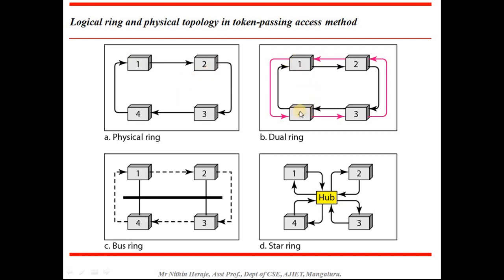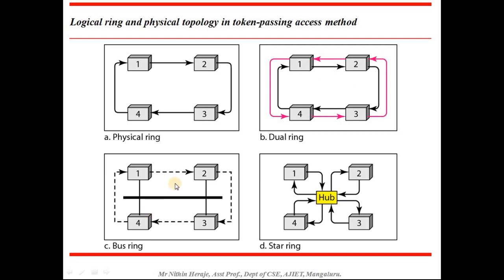If you look at this diagram, the same diagram along with a link in the opposite direction, the concept is the same over here. But if the link fails in the forward direction, then all the stations would be affected. On identifying the failure of a link or a node, it can activate the reverse direction link until the forward direction is up. Okay, so that is one advantage over here.